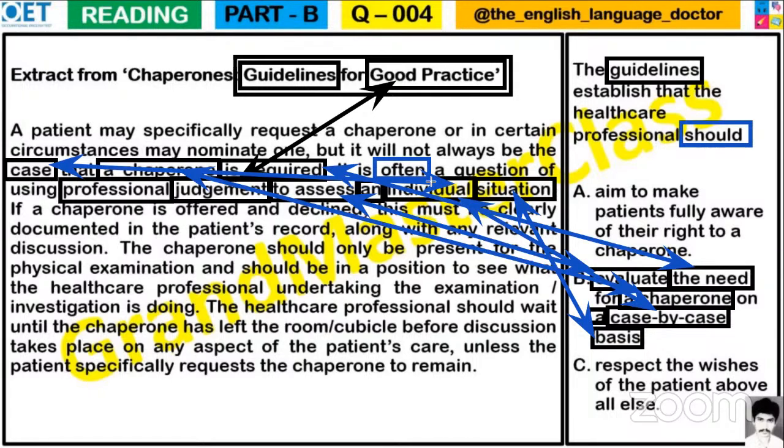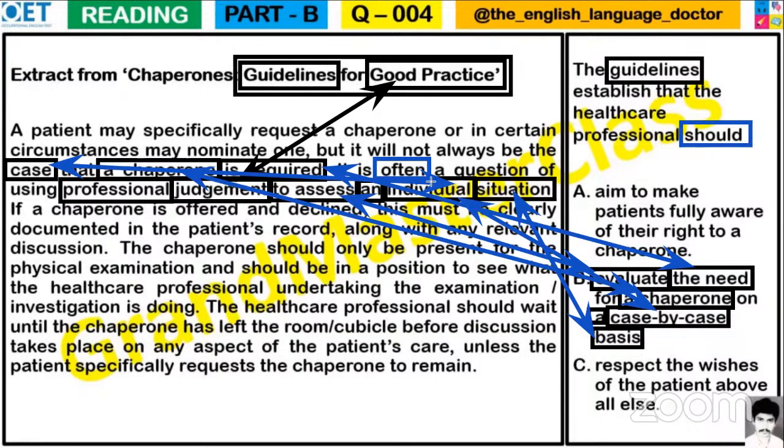Good practice means judgment. Good or bad. You say, Simon's classes are good or bad. How can you say good or how can you say bad? You have to judge. You should make a judgment based on some criteria. What is good? What is bad? What is right? What is not right? So judgment is needed to assess whether it is good or not. You have to check, assess, evaluate, examine, study. So assess means evaluate whether it is required or not.